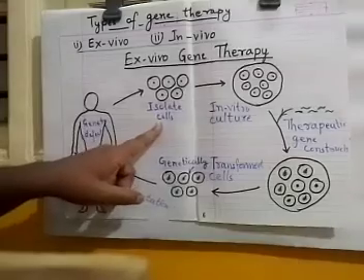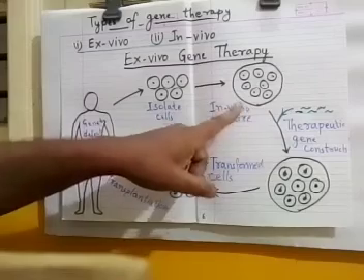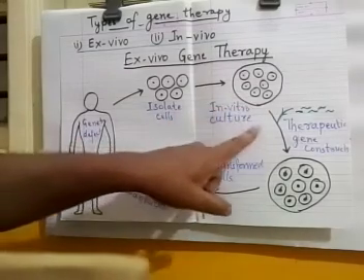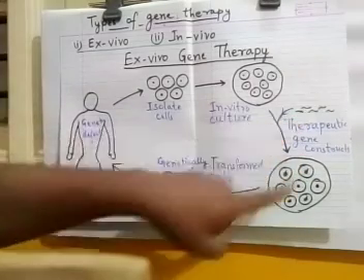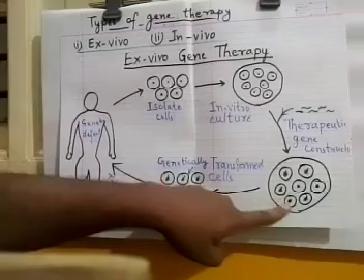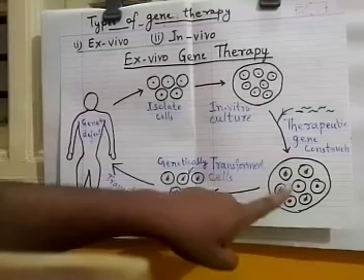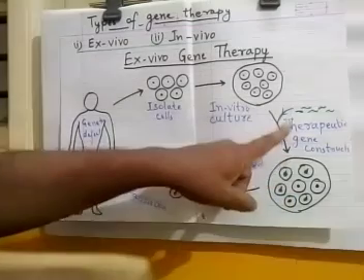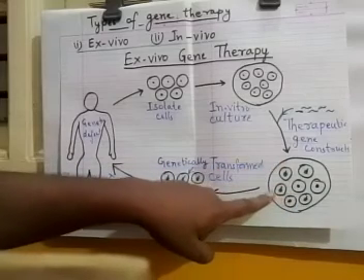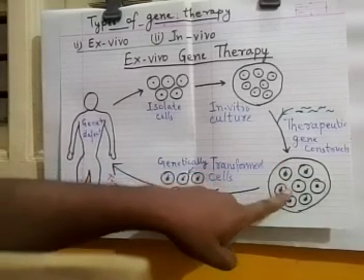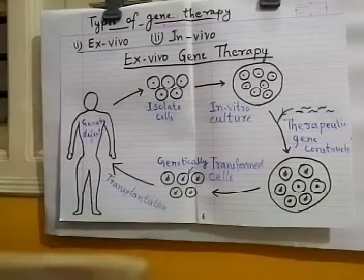are isolated. Once isolated, they are cultured in vitro, means in laboratory, and then therapeutic gene constructs which are supplied from outside are supplied to the culture plate, and here the transformation occurs, that is, the therapeutic gene constructs will go inside the cells and incorporate themselves into the nucleus of the cells.